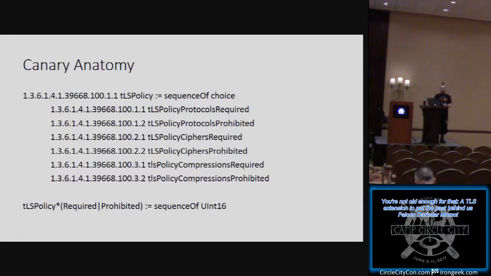That's why certificate authorities won't just sign random crap. They have to understand each of these OIDs that is in the certificate. So this one in particular is a very simple one. Much like the list of certificate transparency records, it basically says, I have a sequence of various policies that I attach into my certificate. It says, these are the TLS protocols that you must support, i.e. TLS 1.2. These are the TLS protocols that you must not assert support for, SSL v2. And on for ciphers and compressions and anything else that turns out to be useful to add.